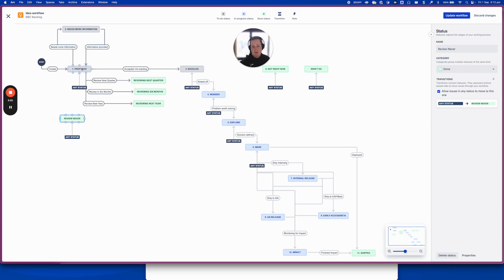And that would actually mean that you'd be able to transition from proposed to that. I tend to avoid doing that just because it makes it a bit messy when you're looking at the status transition dropdown, because you could have like 30 statuses in there and it can get pretty crazy to manage. So I leave the allow issues in any status to move to this one flag, and then you would just